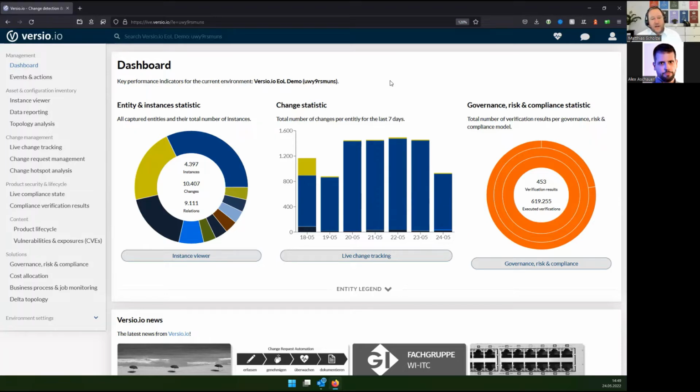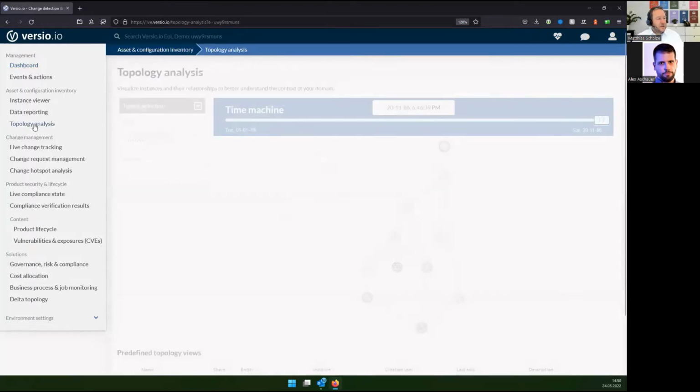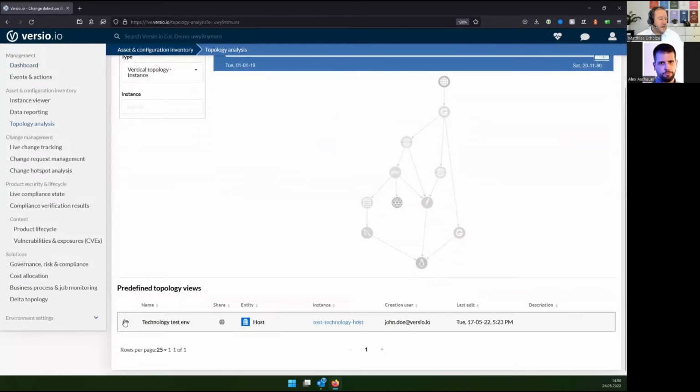At first, I installed the One Importer on 2 hosts, and this One Importer, a kind of agent, is able to inventory the host. It can detect the host, the processes running on the host, the services that the processes deliver, and the related application. Let's see in the topology analysis,